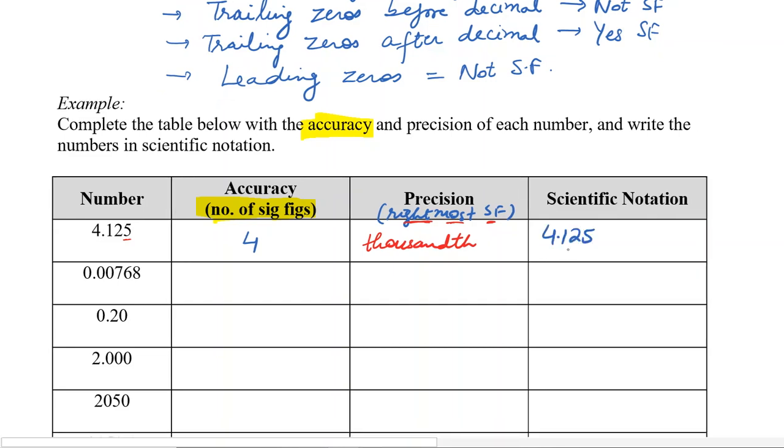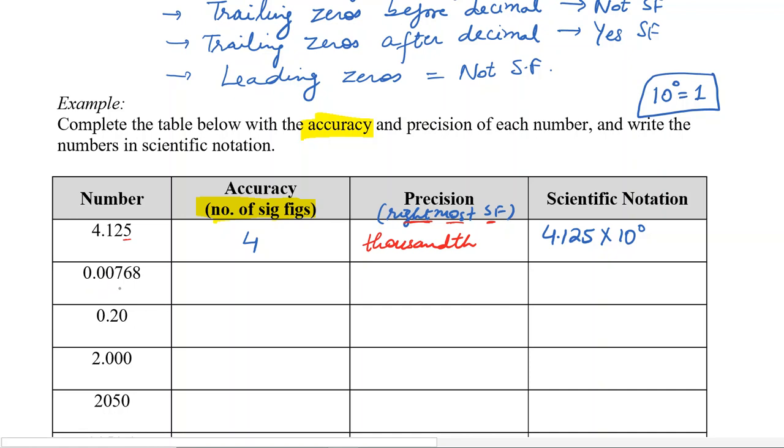For scientific notation, we already have the decimal after one non-zero digit, and we can just write 10 raised to power 0. So 10 raised to power 0 is always 1. Just remember that. Any non-zero number raised to power 0 is always 1. Alright, so in the next one,